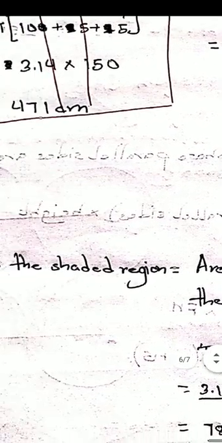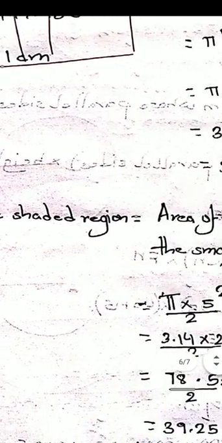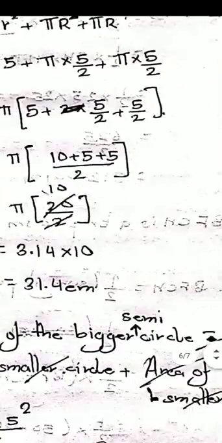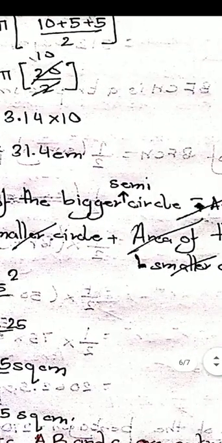So let us calculate the area of the shaded region. The area of the shaded region will be nothing but the area of the bigger semicircle minus the area of the smaller circle plus the area of the smaller circle, that means the white part, and the area of the shaded part below the bigger semicircle. So I'm writing area of the bigger semicircle minus area of the smaller circle plus area of the small